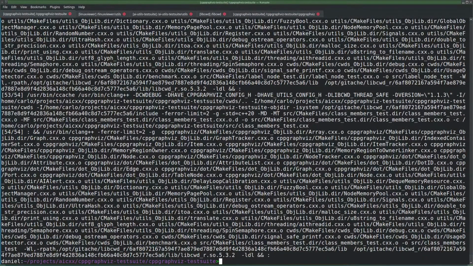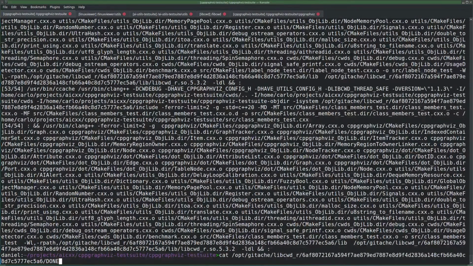And now we have debug global, global variable debugging turned on, which of course only works if you use my utils library for global objects, and in this case singletons. And that should tell me if I did anything wrong on that topic, or